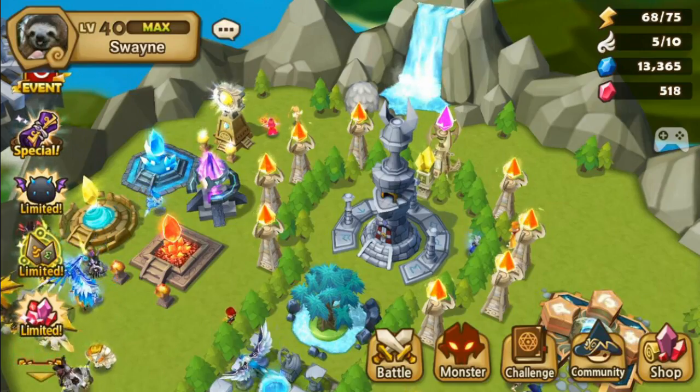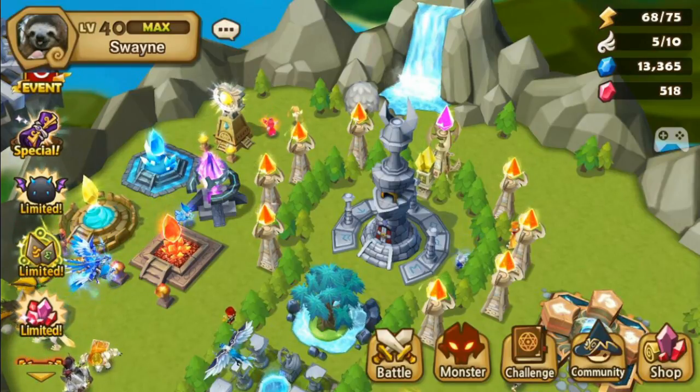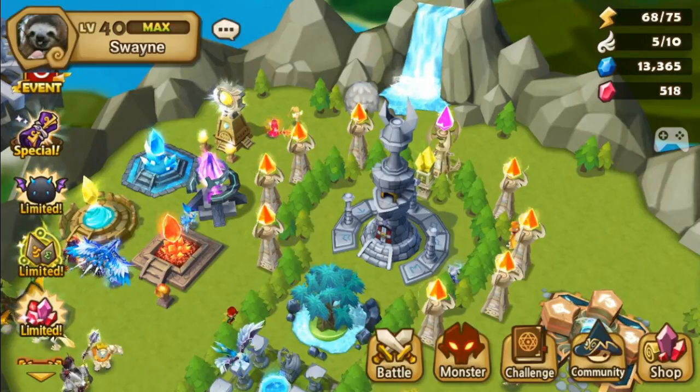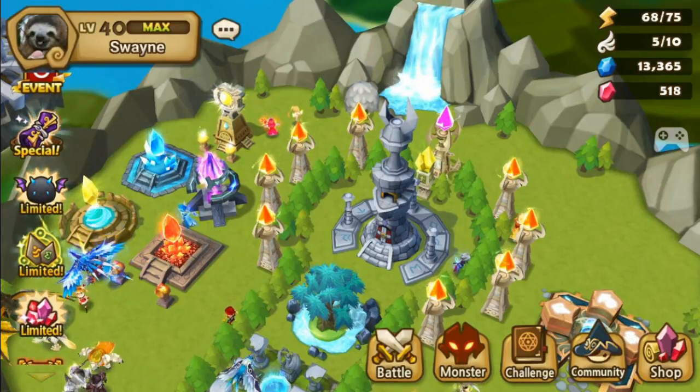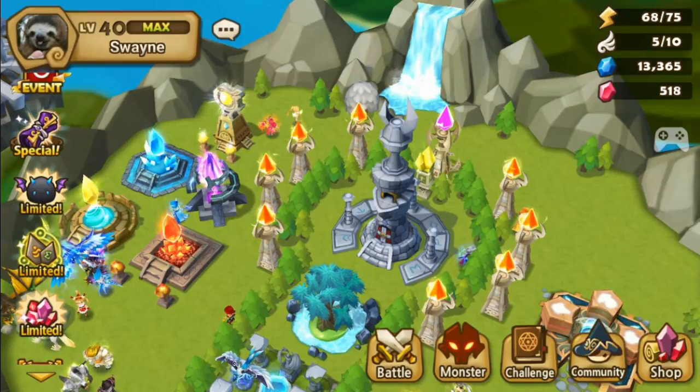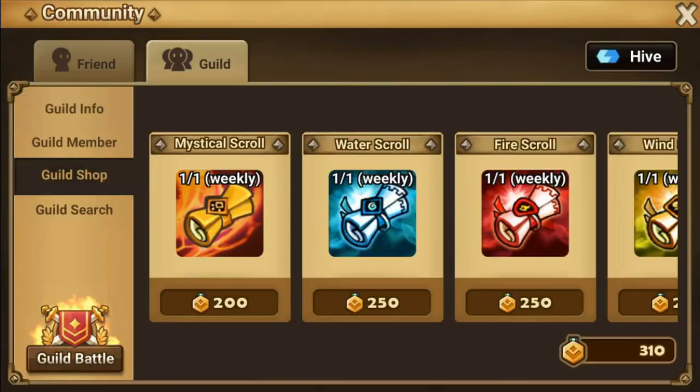What else? There's mystical scroll drops from the higher level dungeons and even the lower level dungeons. You'll get some every once in a while, okay? The daily login bonus. You get 1 Mystic Scroll and 1 Light and Dark Scroll every single month from that. And you get tons of summoning stones, okay, from, you know,